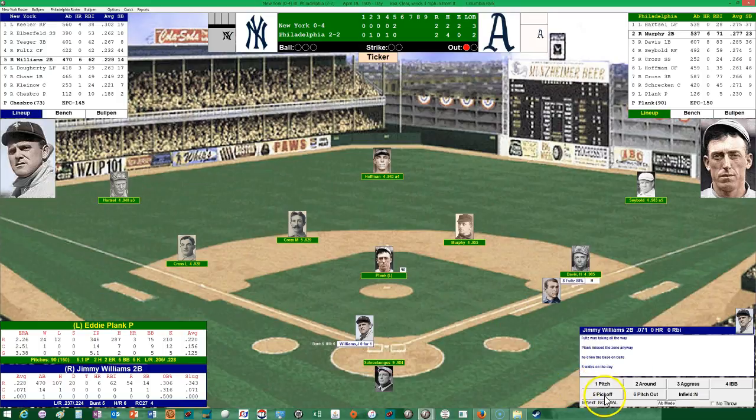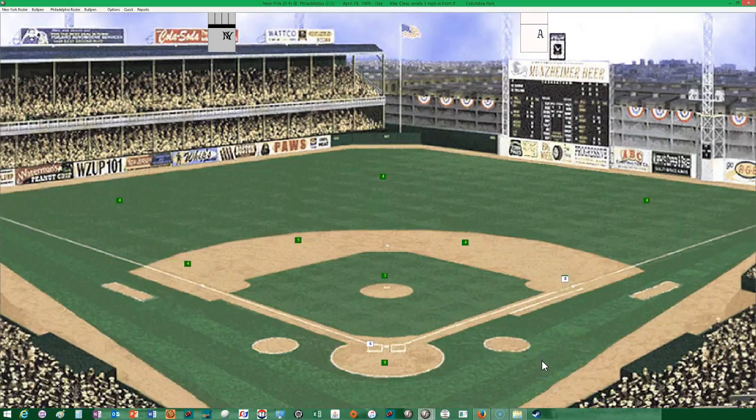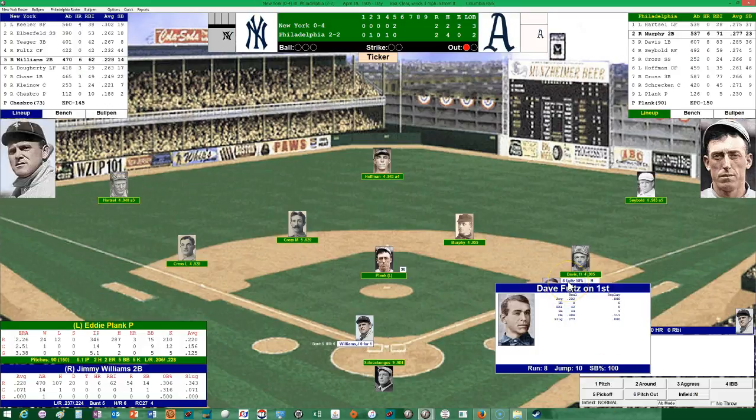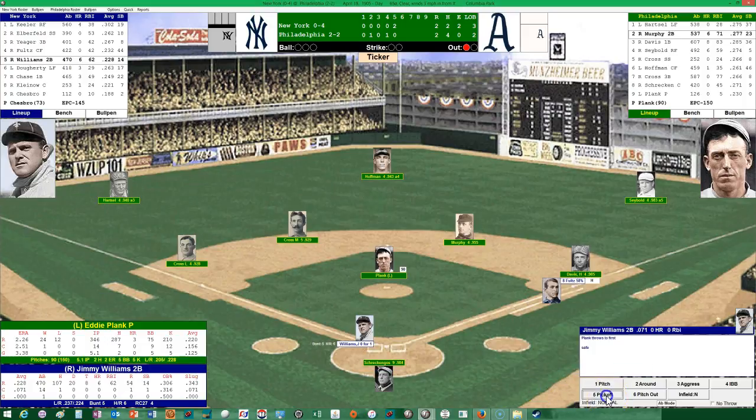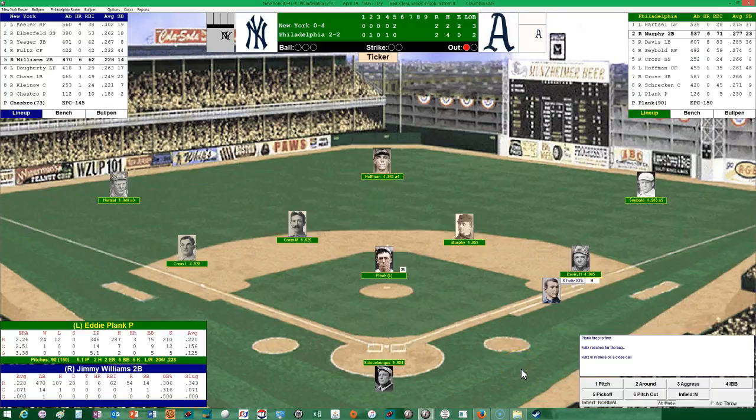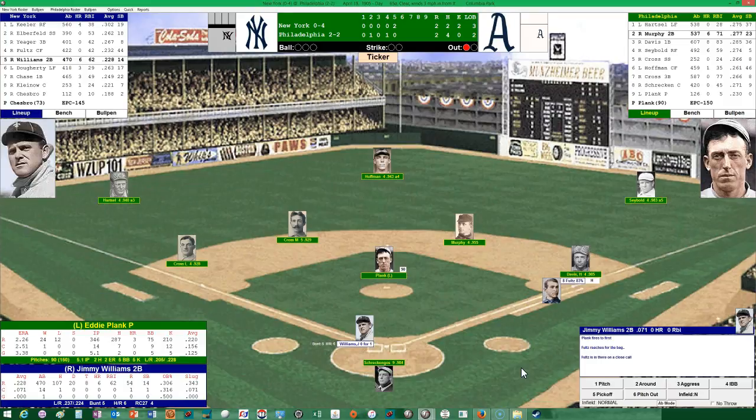Ooh, we definitely got to keep him close. 44 stolen bases. He's 1 on the season. Check one more. And that was a close one there. So we're going to